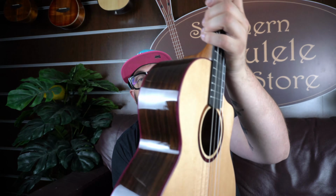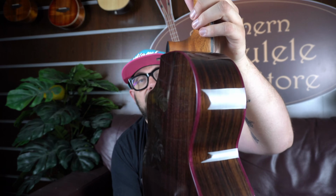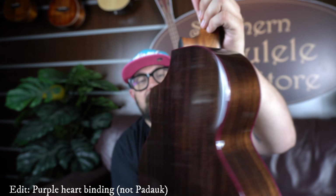I have to say these are very, very comfortable in the hands. They have a really nice wide nut width with a thick neck, so they feel almost more guitar-like in your hands when you play them, but not to the extent that you would feel uncomfortable if you're used to the ukulele. You have Padauk binding, which is stained purple, a really lovely front and back binding that ties the whole